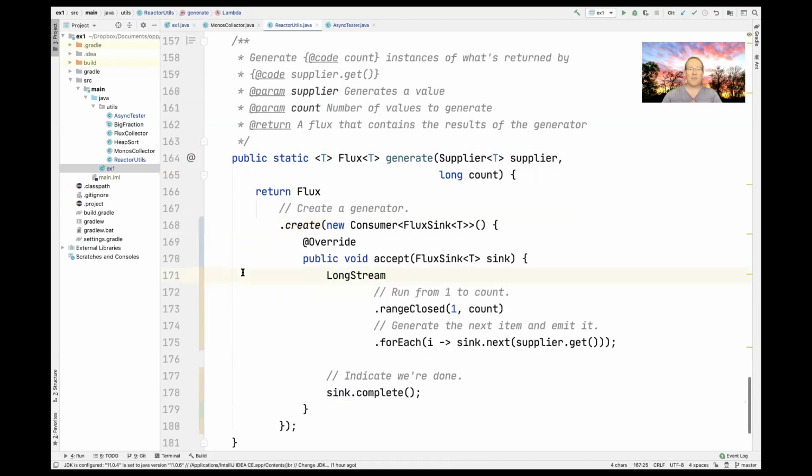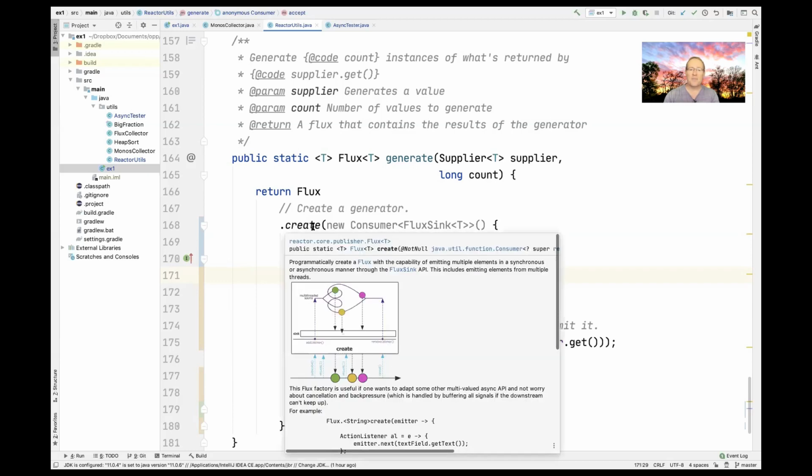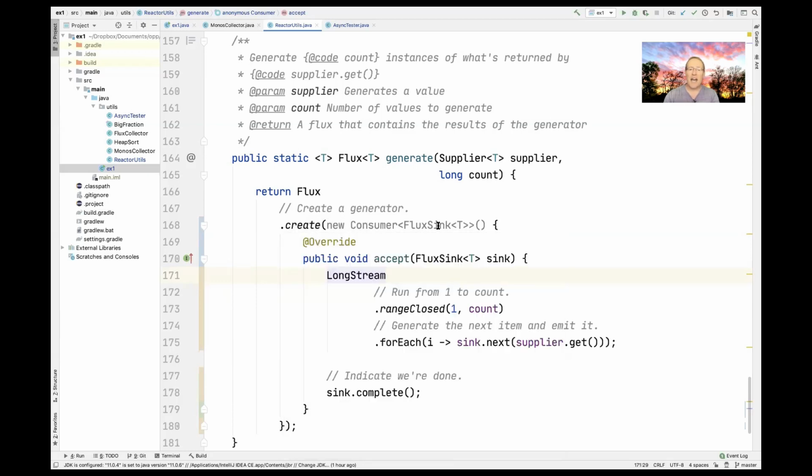Let's try to replace the lambda with an anonymous class. This will probably make it more clear. So remember, lambda expressions are just shorthands for the most part for anonymous classes. So you can see here, if this was the anonymous class we were defining, there would be a method called accept that's passed a sync. And the framework, which is the Reactor framework, would be responsible for creating a flux sync and passing that to accept. And then you can see how sync is used in here to emit results that will ultimately flow back up